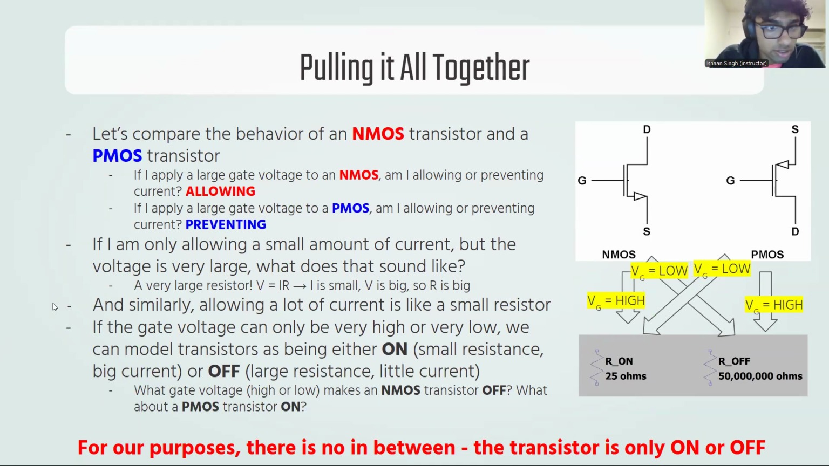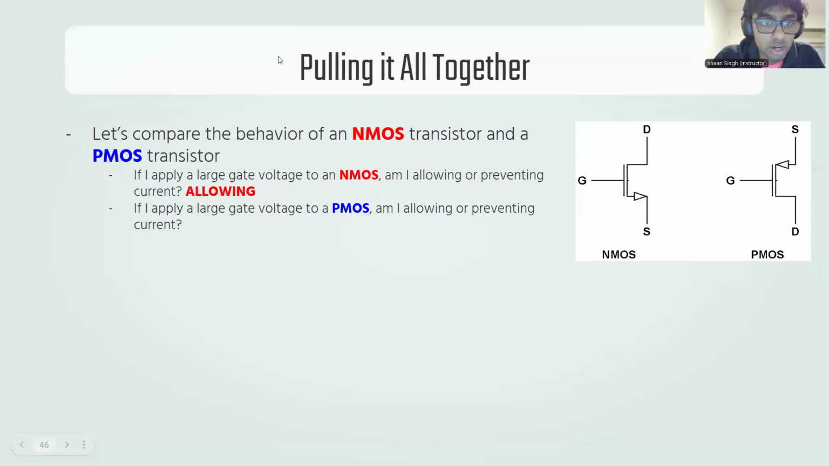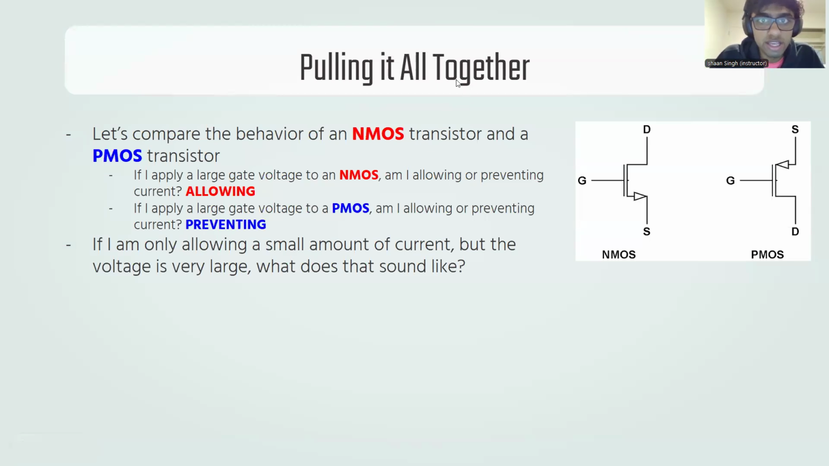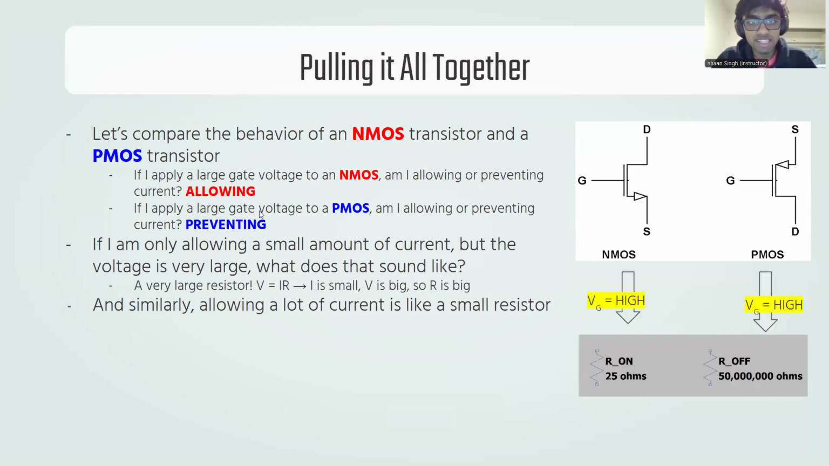Okay. So, when we apply a large gate voltage to the NMOS, are we allowing or preventing current? We're allowing current, right? It's exactly like opening that faucet. If we apply a large gate voltage to a PMOS, we're preventing current, okay? And a device that allows a small amount of current for a big voltage is just a big resistor. And similarly, a device that allows a lot of current for a lot of voltage is like a small resistor,